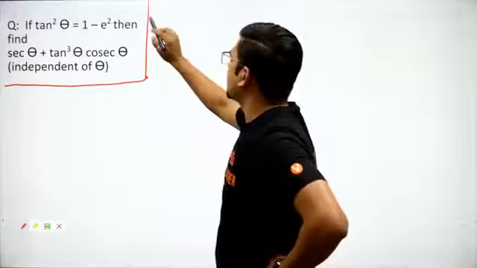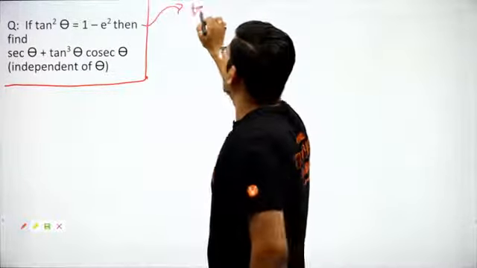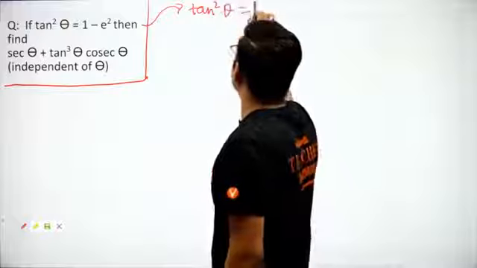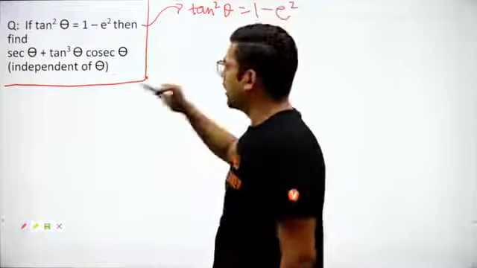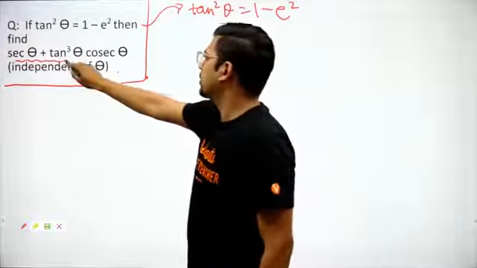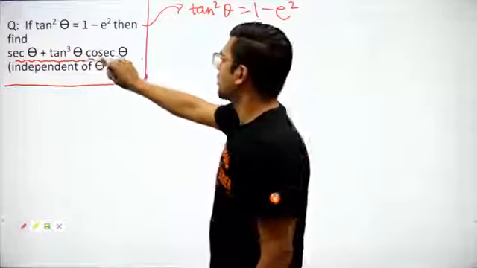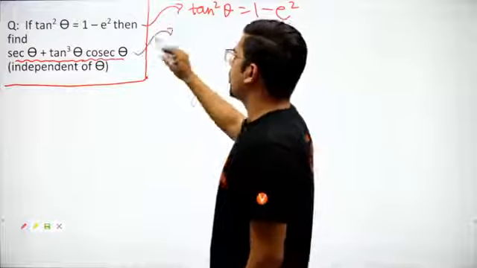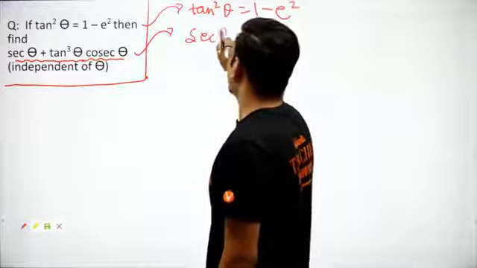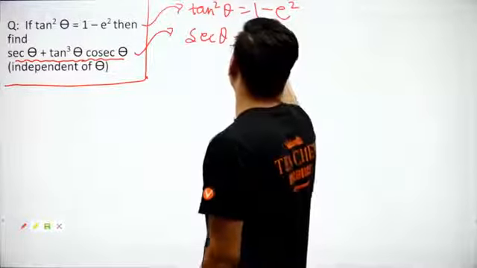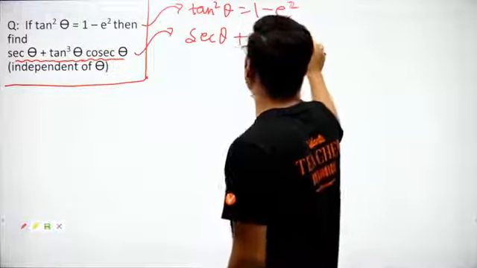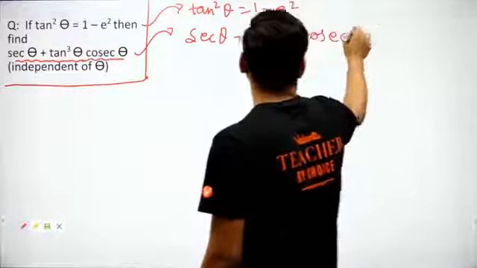See, here it is written tan square theta is equal to 1 minus e square. Now we are being asked for this value: sec theta plus tan cube theta into cosec theta. Okay, this is all. Now, sec theta, I'll write down here, plus tan cube theta into cosec theta. Now see guys,